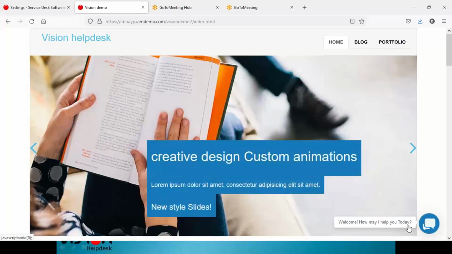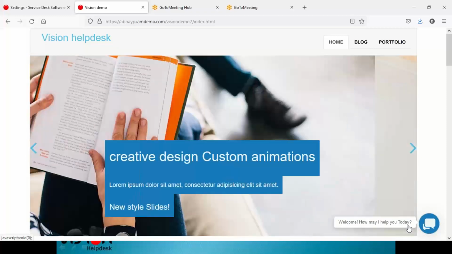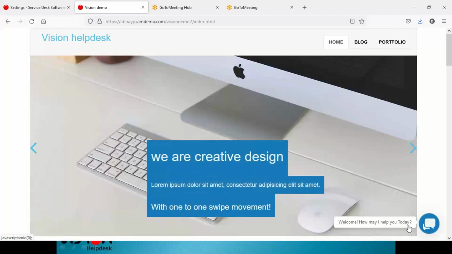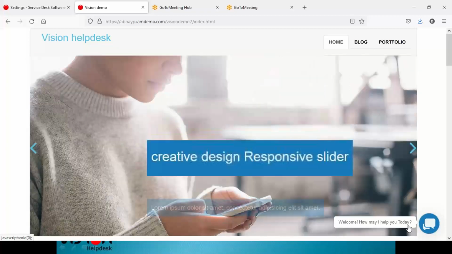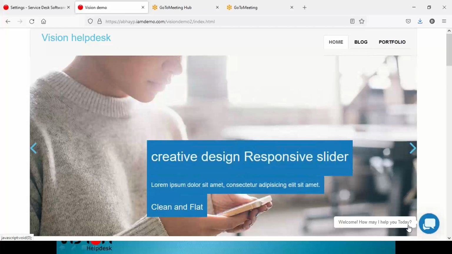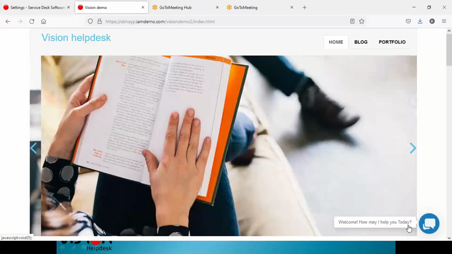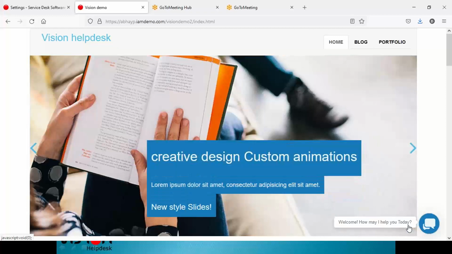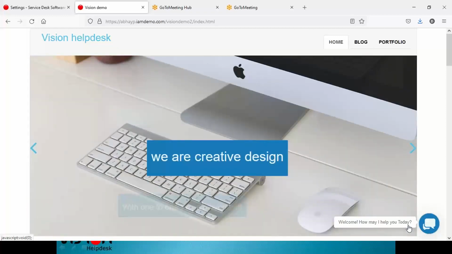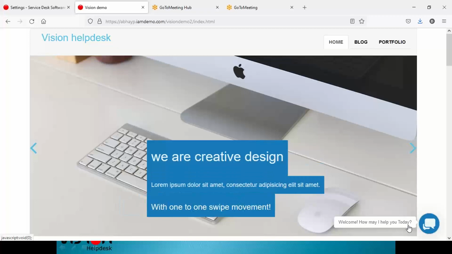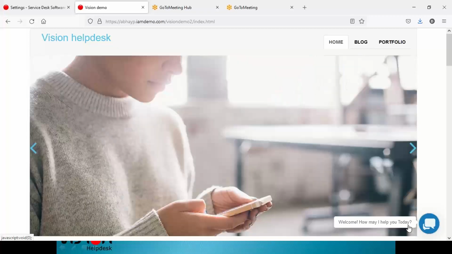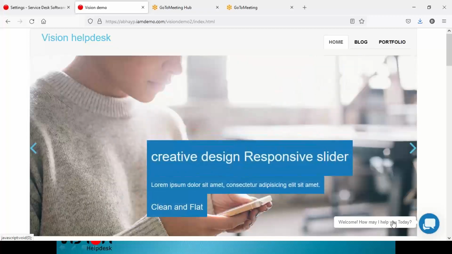Let's say whenever a customer visits your pricing page, you may show them that we are offering a special Christmas discount, a 50% discount for Christmas, so that they can just click on the chat window and initiate their queries. Such kind of attractive messages can be set, or you can use this for online campaigning. So there are various things you can automate using this live chat. There are various scenarios, and one of them is setting these eye catchers.